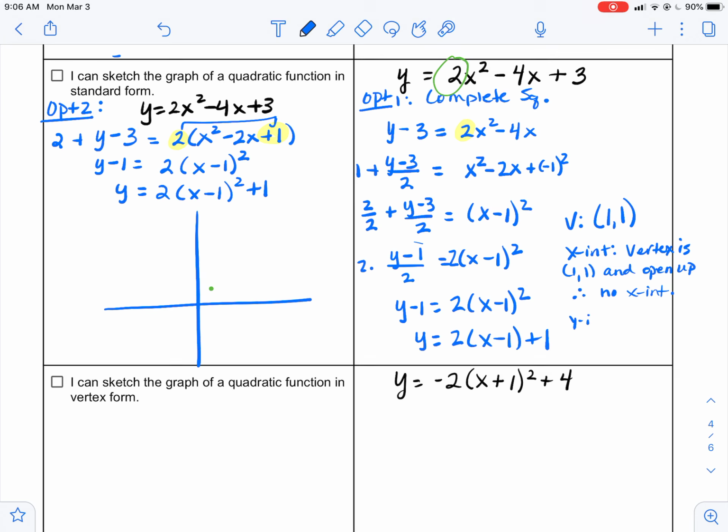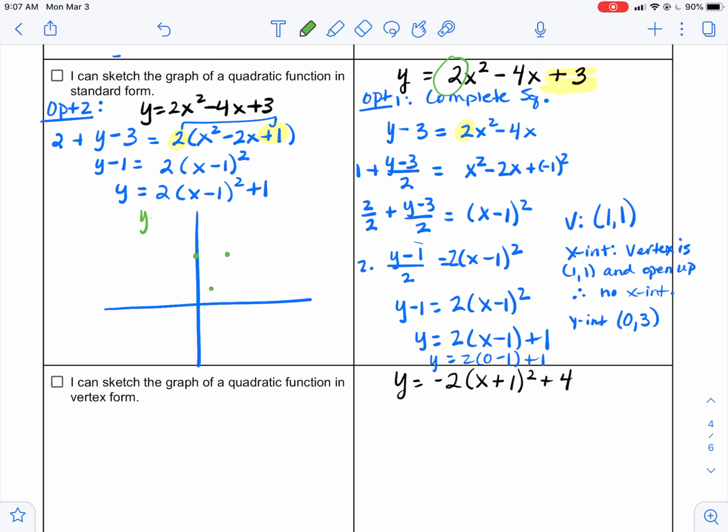Our y-intercept, again, in standard form, if you remember, it's always the c value. Now, you could definitely sub in a 0, but you should get the 3 either way. Okay, so I would always go back to the standard form in this case. So I have 0, 3, so I'm going to put that about right here, and then over here. And then probably what I would do is come in and sub in another number, like maybe a 1, not